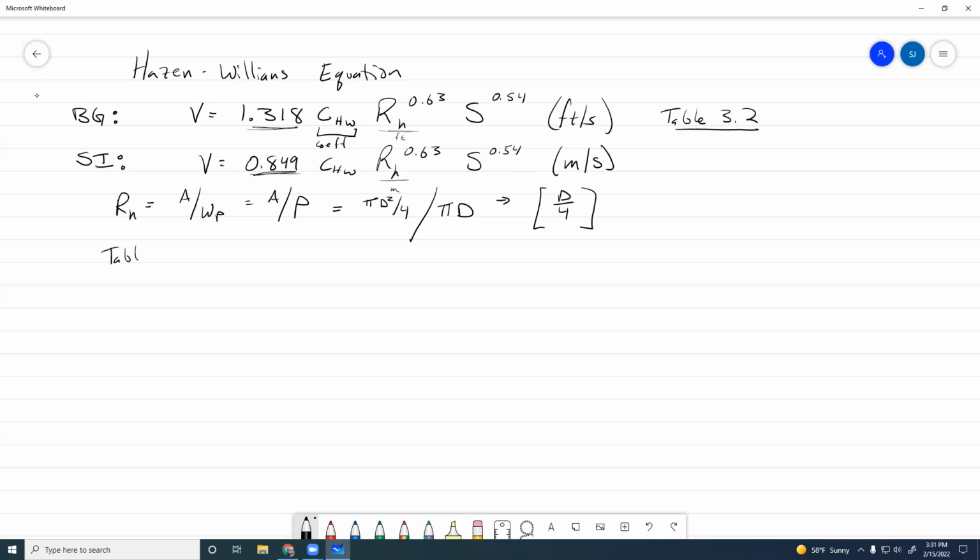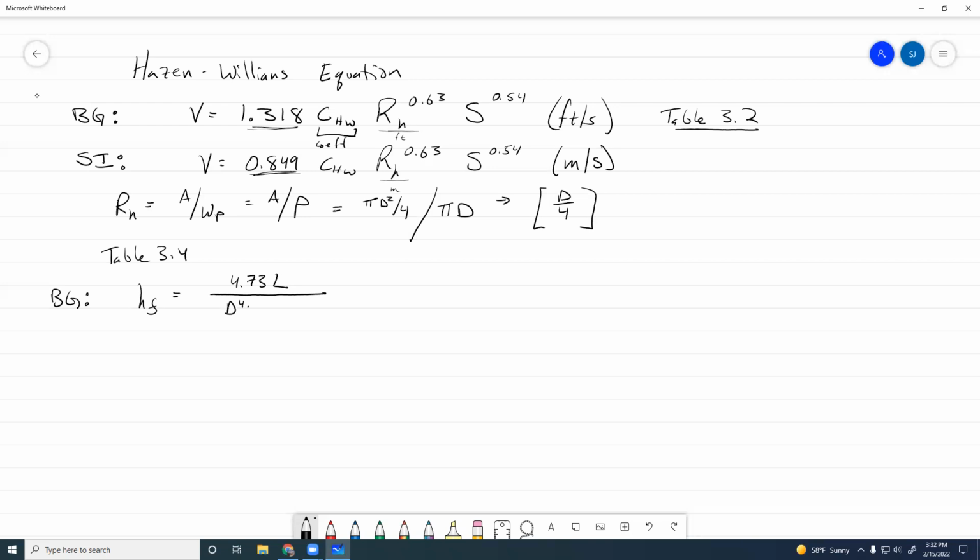So table 3.4 gives you another version of the equations that we're talking about today, and this is in terms of head loss. This might be a little more useful to you. And what it says is head loss takes the form of, well, first I'll write out what the equation is, and then I'll give you the kind of generic formula. So for British gravitational, I'll just give you this one. You can look up the others in the table. Is we get 4.73 times the length of the pipe